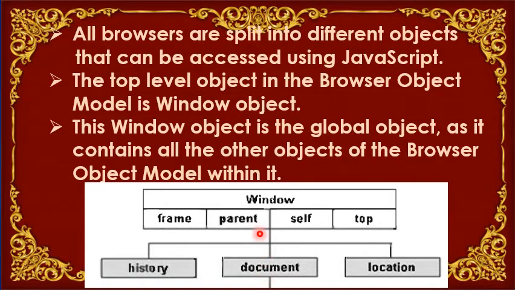The top level object in the browser object model is the window object, as we have seen in the previous slide. The window object is the global object, as it contains all the other objects of the browser object model.